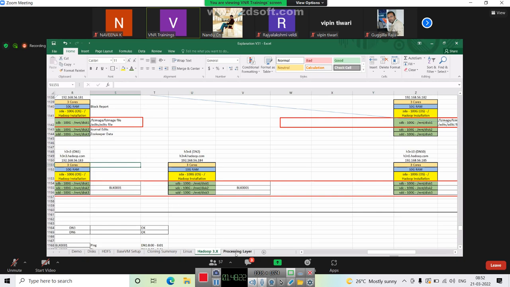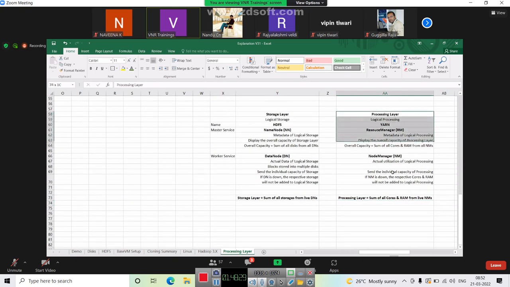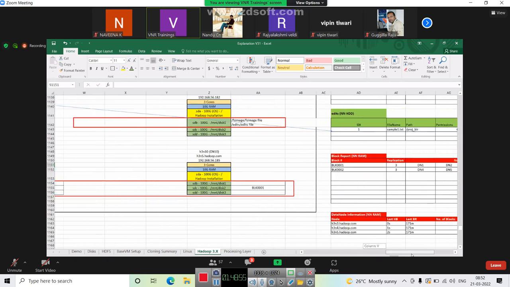In the same way, if you understand this one, where these services will be running. All master services in the cluster run together in the same machine. All worker services will run together in the worker nodes. It means all these days, what we are seeing here,